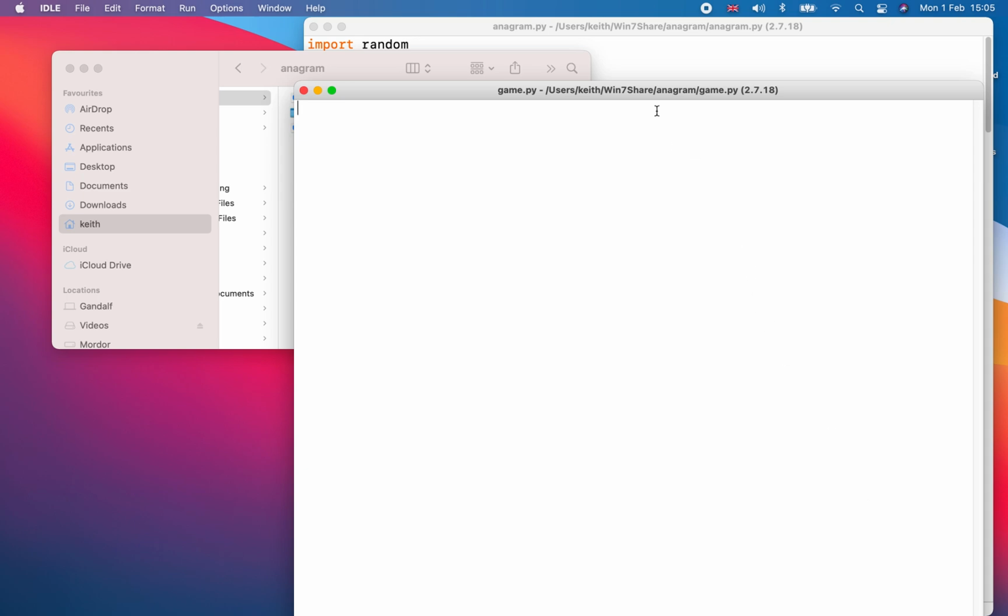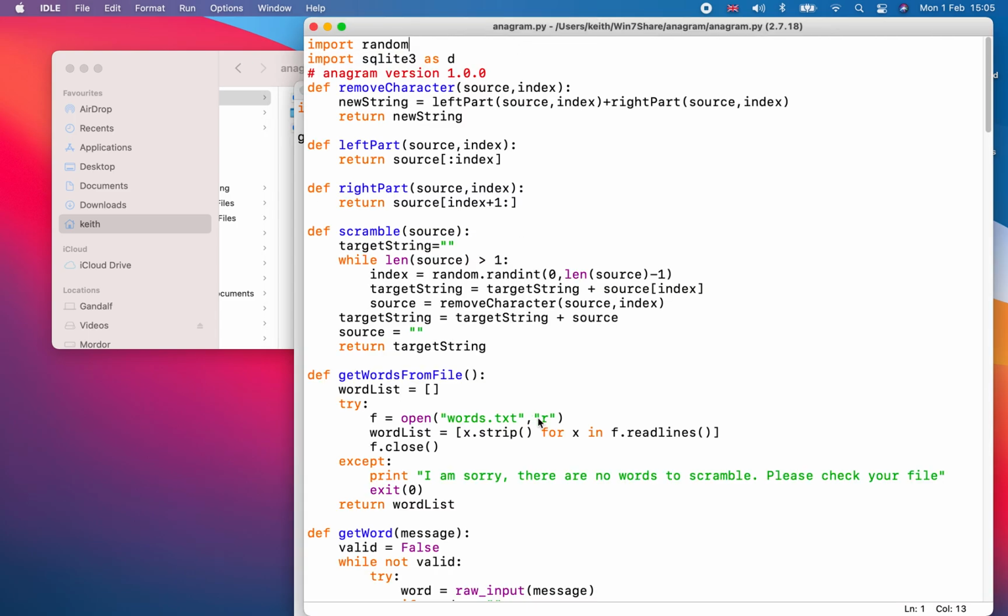Then I'm going to import into this one anagram as A. Then I'm going to have one function called go. And what that's going to do is run the program in here. I'm just going to make a simple change